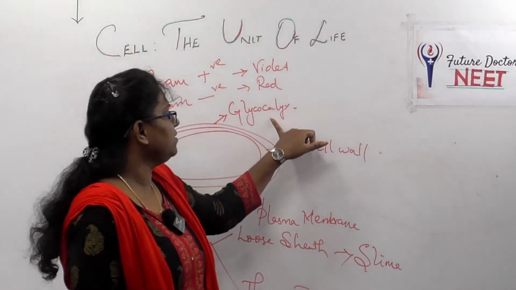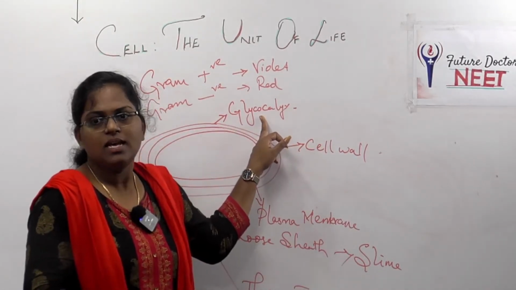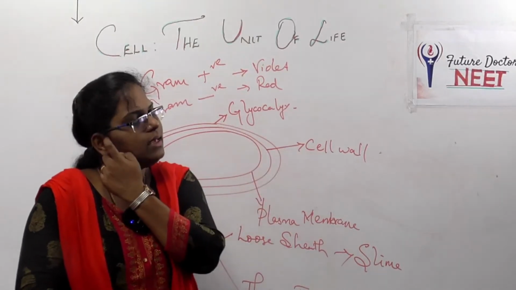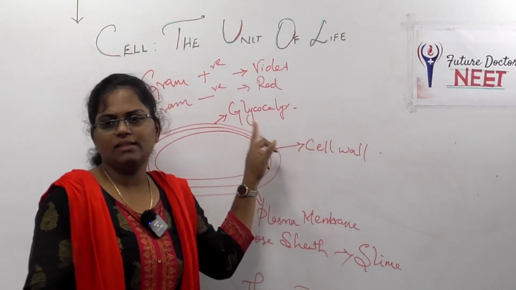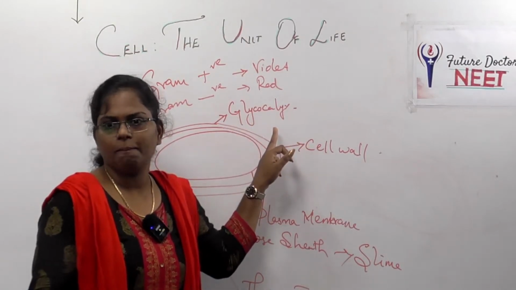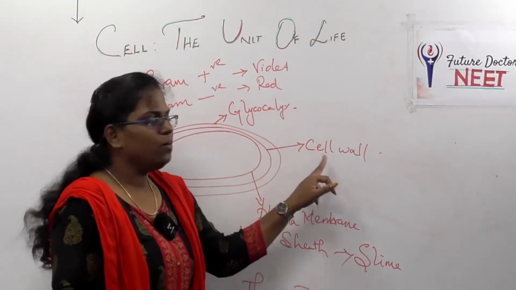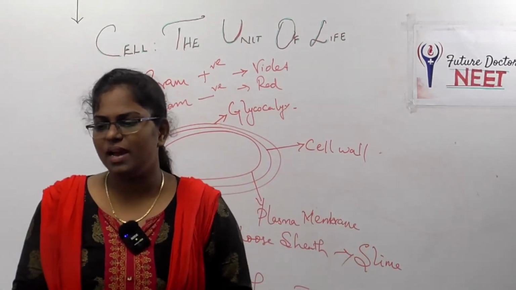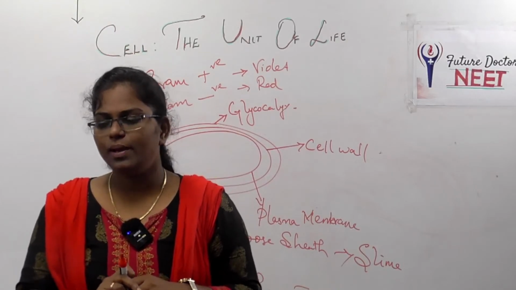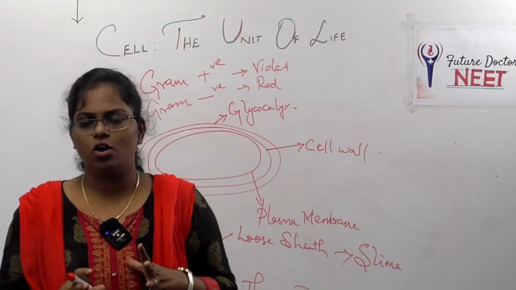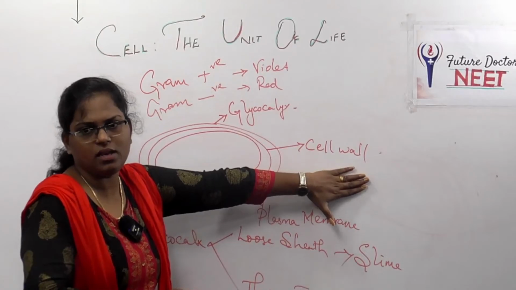Okay, and cell wall. So first we have seen that glycocalyx is the outermost layer and it has two compositions, a loose sheath and a thick and tough one. The loose sheath is called the slime layer and the thick and tough sheath is called a capsule. The next one we are going to see is the cell wall. So what is the cell wall? The cell wall determines the shape of the cell and provides strong structural support to prevent the bacterium from bursting or collapsing. The second, middle layer is the cell wall.